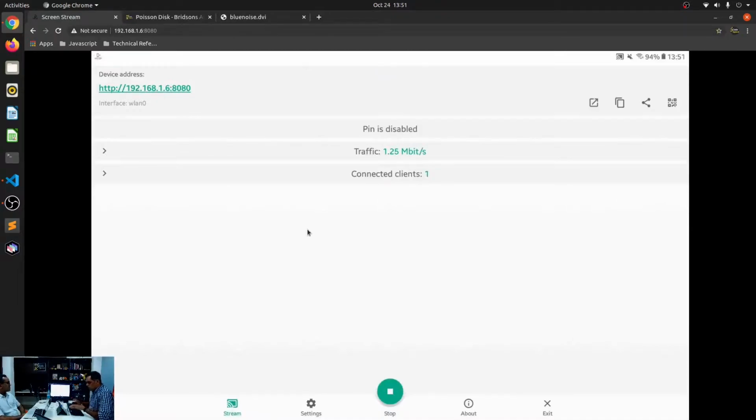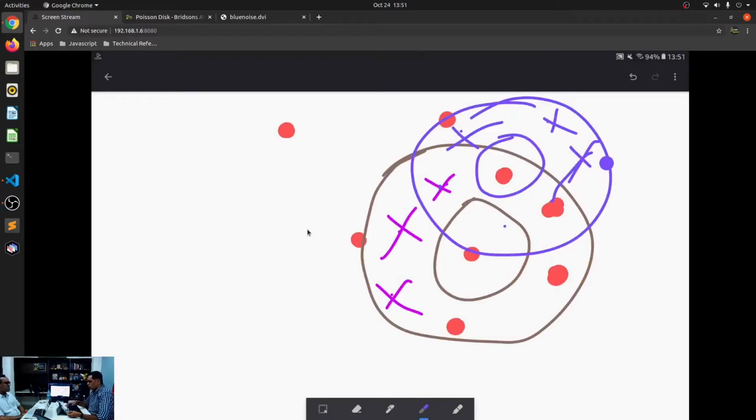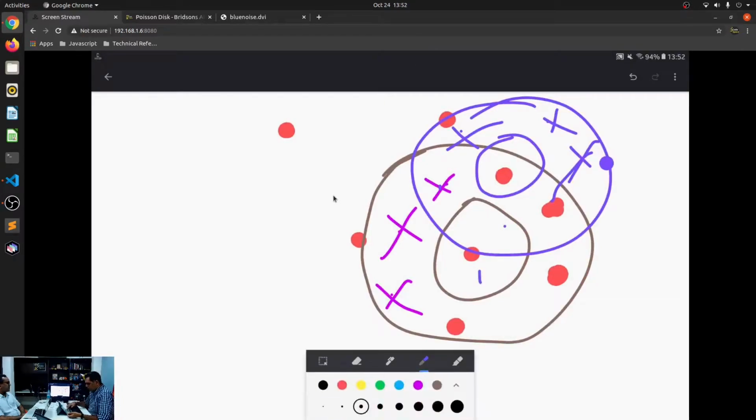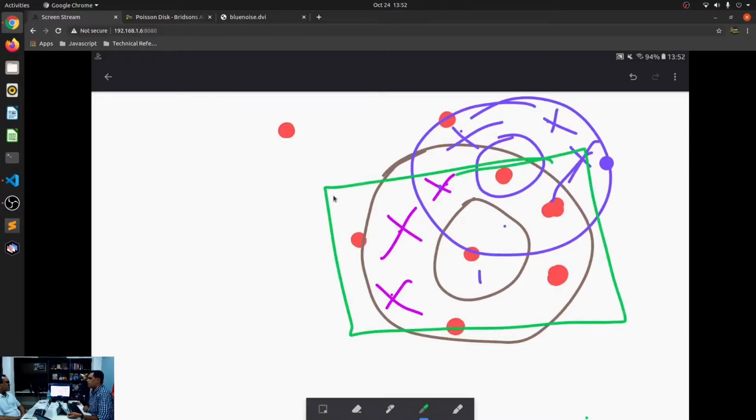Remember how I was showing you these points. Let me just mark this with a different color. Basically the grid is to make sure that I'm comparing the points I'm generating against points within this particular grid.